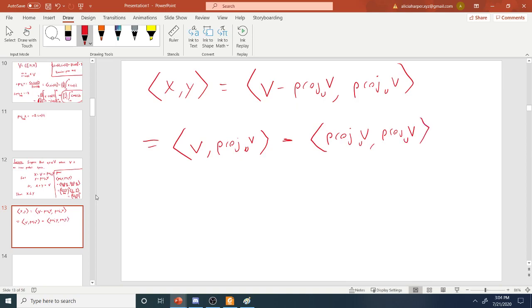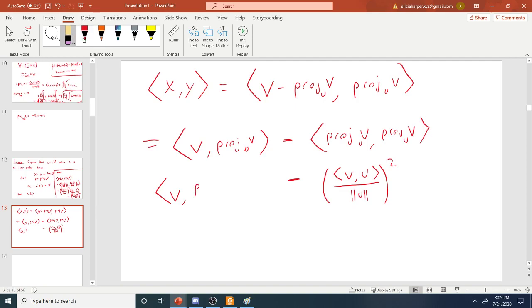Now, fortunately, we've already computed this, so it remains to compute this. So this right here, of course, is the inner product of v with u divided by the norm of u squared. Whereas this right here is v, and then with